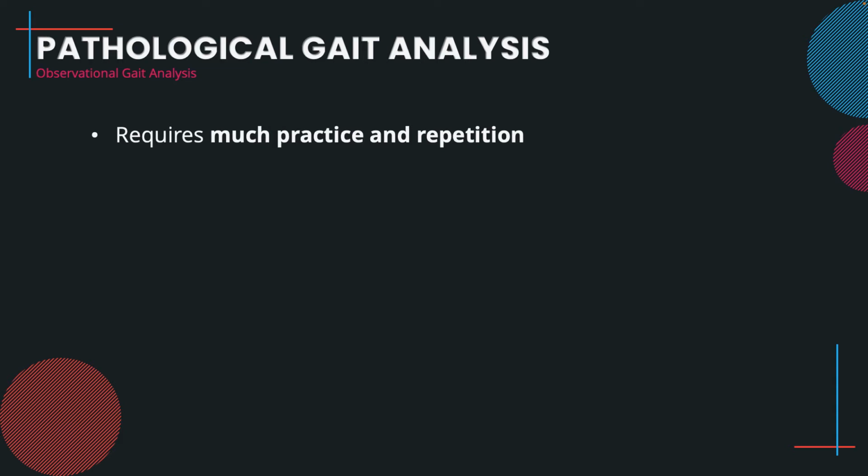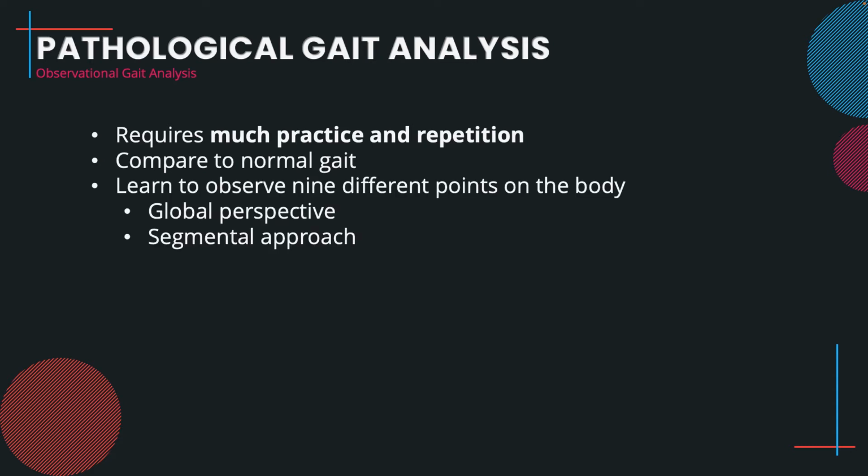So analyzing gait, whether it's normal or pathologic, requires a lot of practice and repetition. And when you see something that seems to be off about somebody's gait, you want to compare it to normal gait. Whatever your process is for analyzing gait, you want it to be complete and systematic. And so when I say complete, at some point, you should be looking at what's happening with the head, the shoulders, the arms, the trunk, the pelvis, hips, knees, ankles, and feet. And it should be done in the sagittal and frontal planes primarily, but we can also notice issues in the